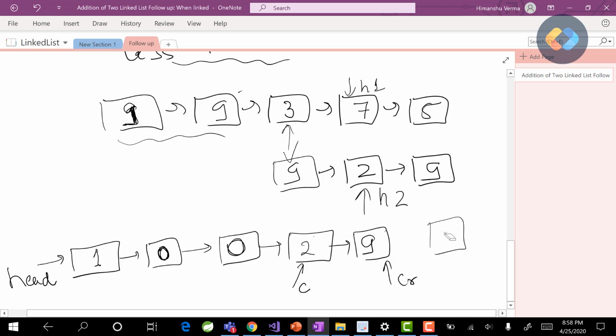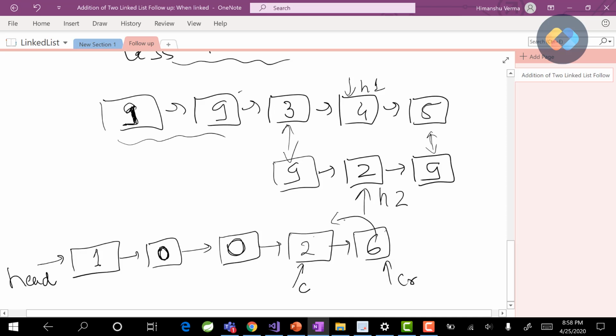But in this case, because the sum was less than 9, we know that even if a carry is generated from the addition of the nodes after this, there will not be any propagation from this node, right? Because this is less than 9.